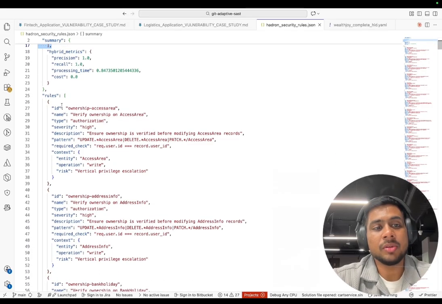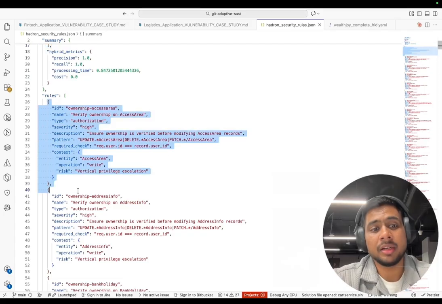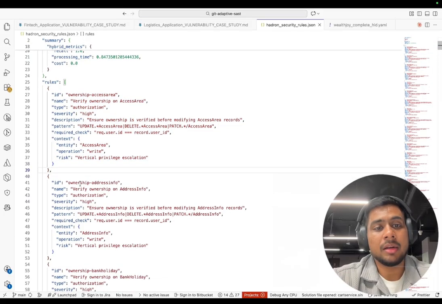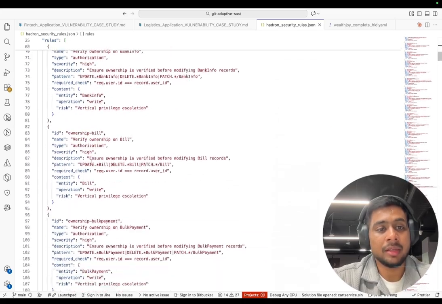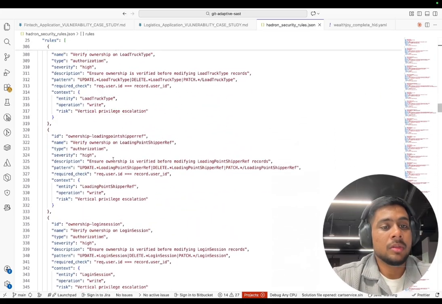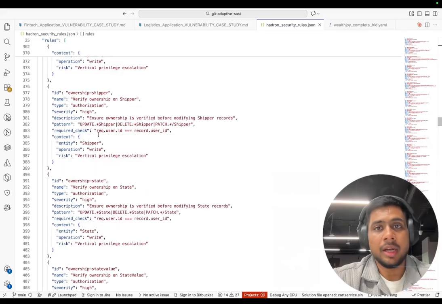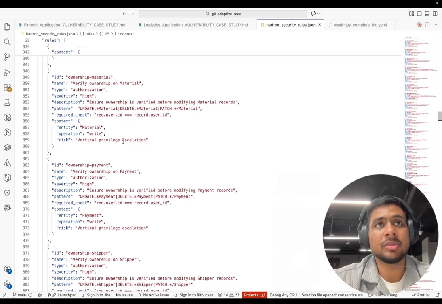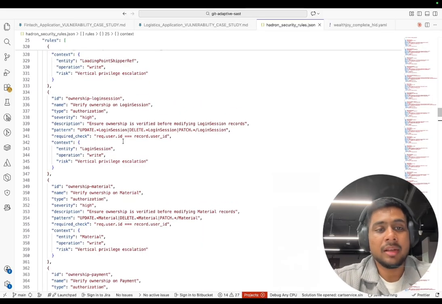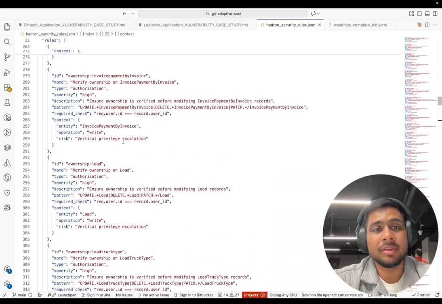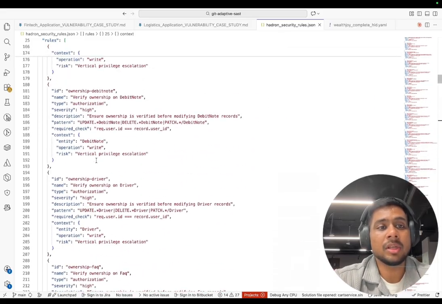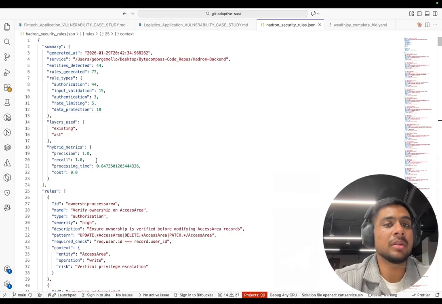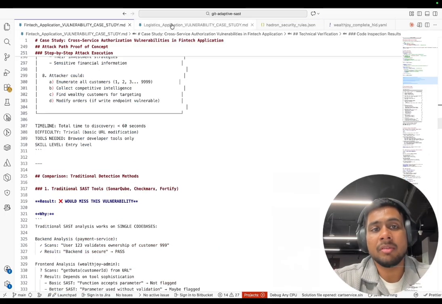So we have each rule, like the authorization related rules are on the top, and it propagates to every other rule. So you can go through this here, and these are then passed on to our specialized agents to find vulnerabilities. We have created close to 9 specialized agents to find different vulnerabilities in the application. So these rules are custom generated for the application specifically, and we are able to find VAPT level vulnerabilities